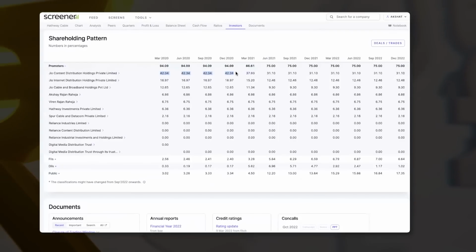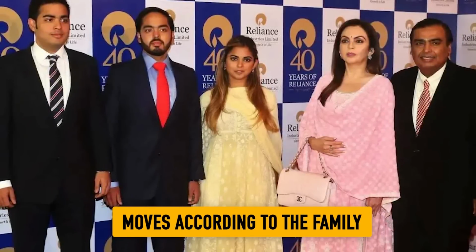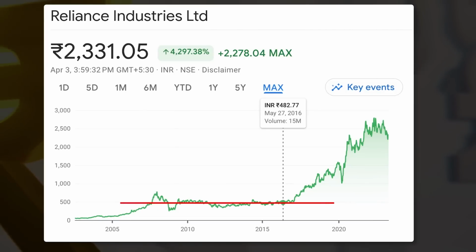You can see from the shareholding pattern that it is mostly controlled by the Reliance family. And the problem with family owned stocks is that they will move whenever the family wants the stock price to move. Right? It does not depend on the fundamental stock performance. That is the primary issue that I have with Reliance. Now, again, please go and take a look. Between the time period 2009 all the way till 2016-17, Reliance gave 0% return.